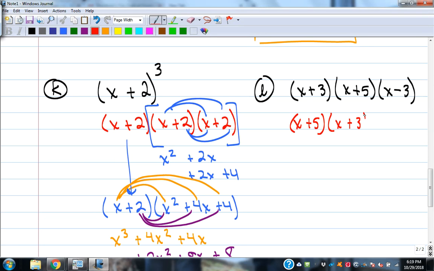Why would I do that? That middle term's going to cancel out. It's going to be a shorter problem when I get that done. That's the reason that I would do that. So if I do these two,